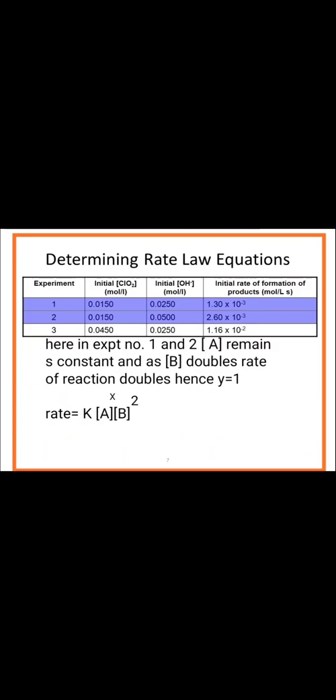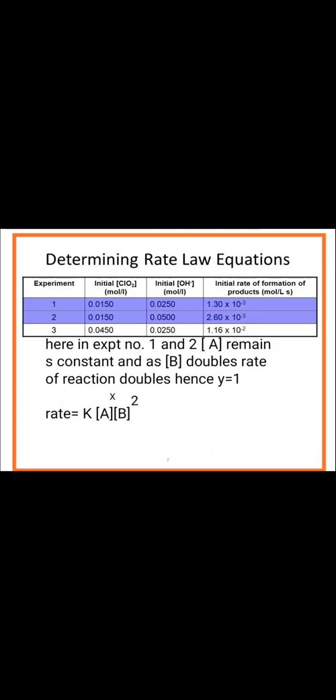See the another setup and compare. See properly. Here the concentration of ClO2 is remaining constant. ClO2 चं कॉन्सन्ट्रेशन हे कॉन्स्टंट आहे आणि OH मायनसचं कॉन्सन्ट्रेशन ह्या सेटअपमध्ये डबल केलेलं आहे. And see the rate increases from 1.30 into 10 raised to minus 3 to 2.60 into 10 raised to minus 3. That is rate हा 2 times न वाढलेला आहे when the concentration of OH minus double.